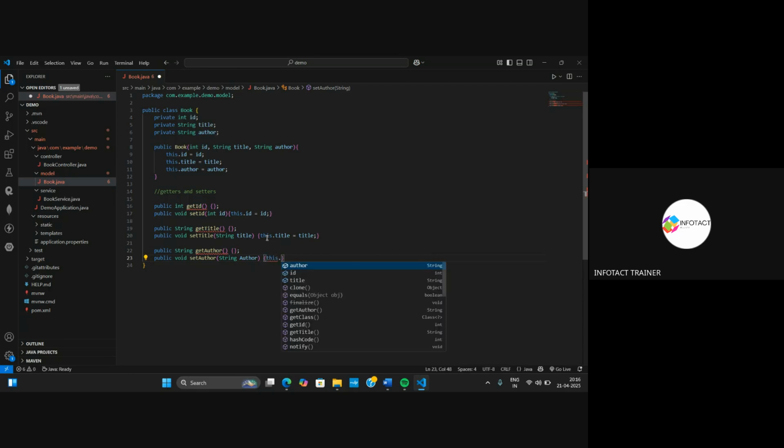This dot author, and I'll assign the value author. So this is what I have done. I have provided getter as well as setter methods to my respective variables that I have created as well as initialized inside the constructor. Now what I will do inside the service, I'll be writing